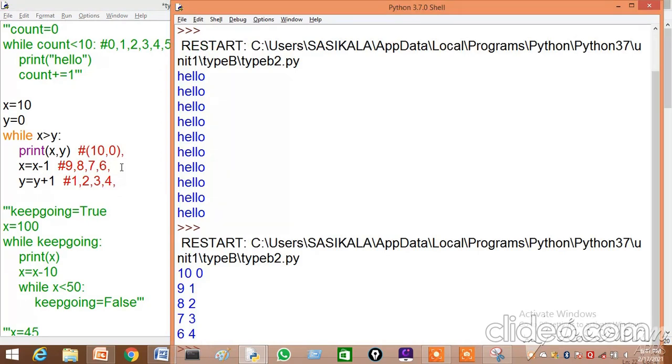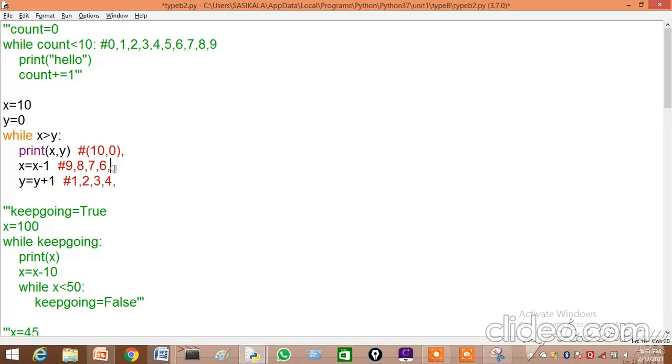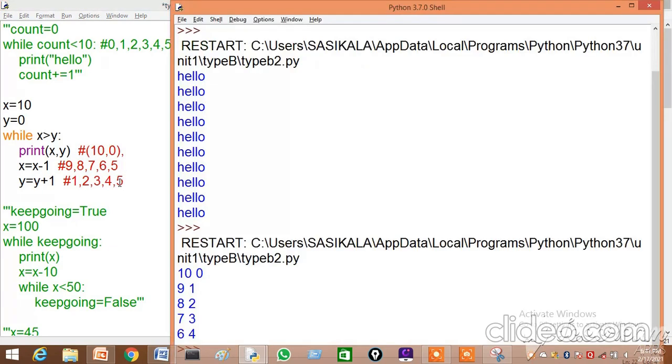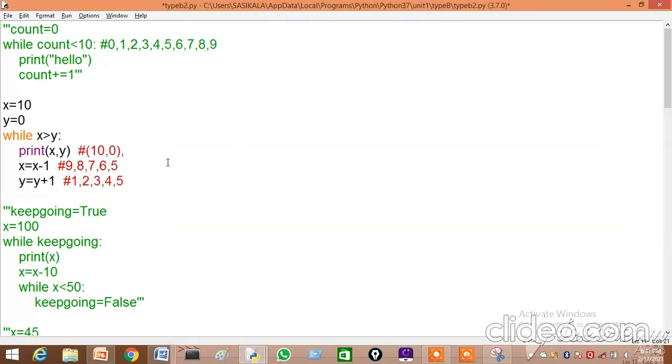Here 7 comma 3 and 6 comma 4. Next, if we take x is greater than y, here it will be 5 and here 5, so the condition is false. This is the program output. Okay, we will see the next program.